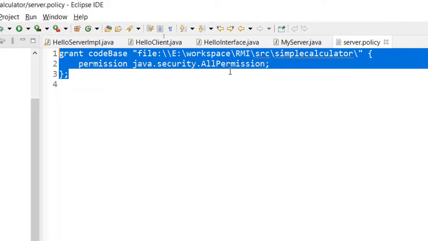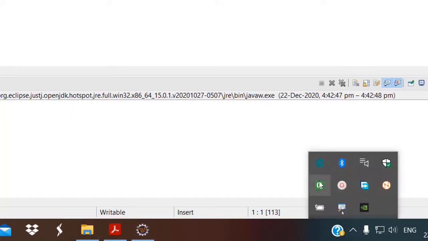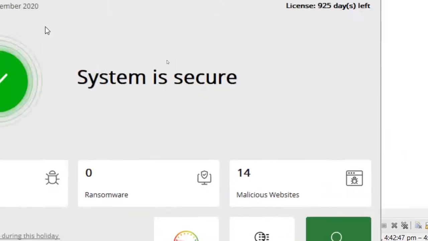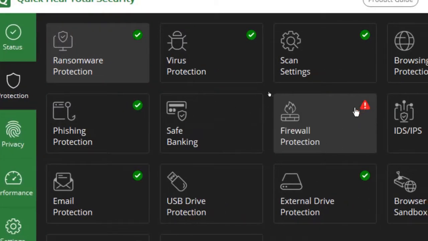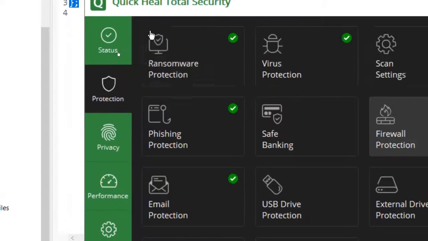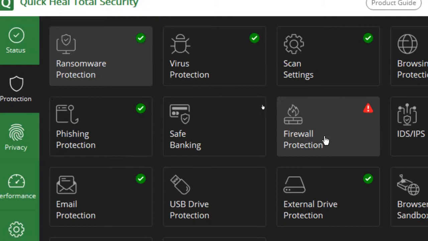And one more aspect that you need to remember is that you need to disable the firewalls if you have them, right? I have antivirus software over here which I have purchased, so for this to work I need to disable my firewall. You can see here I have actually disabled my firewall. If I enable the firewall, then 99% of the time it will block the RMI registry service from opening, okay? Even the incoming request from the client to the server will be blocked, okay? So see to it that the firewall is switched off before you start trying RMI with different machines, okay?